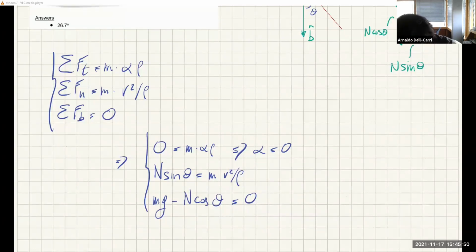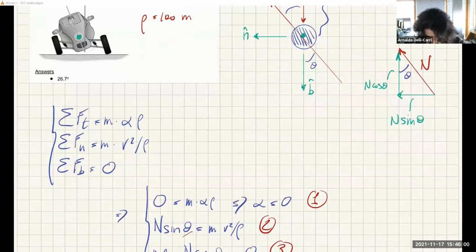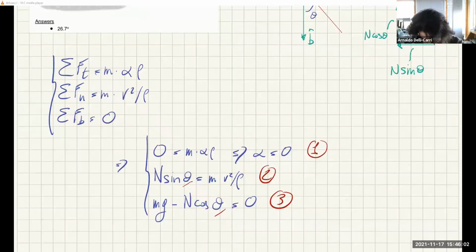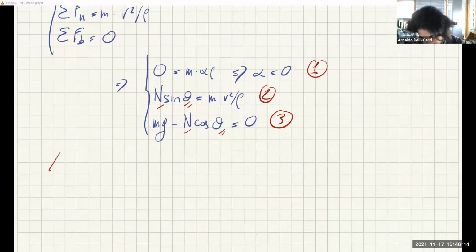Now let's label these equations 1, 2, and 3. Now we want to find theta. Theta is my unknown. I know v, I know rho, and the normal force is also unknown. So the normal force is unknown and theta is unknown. Since we don't want the normal force, we only want theta, let's divide